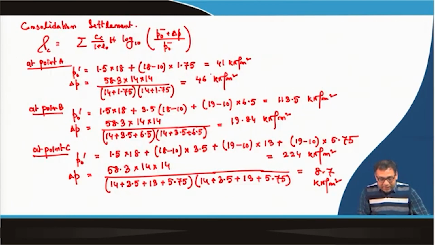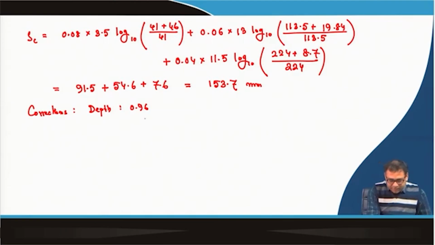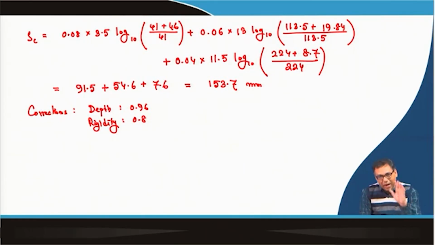Okay. So, we have a depth correction factor as 0.96 and then rigidity is 0.8, and remember that the design of shallow foundation or isolated footing is same as the design of wrap foundation. Only difference will be, in that case we will not use the rigidity correction, okay, because that isolated footing is considered as a flexible type of foundation, and the wrap foundation is a rigid type of foundation. So, this is correction. Now, the third correction you have to apply, which we did not apply in the immediate